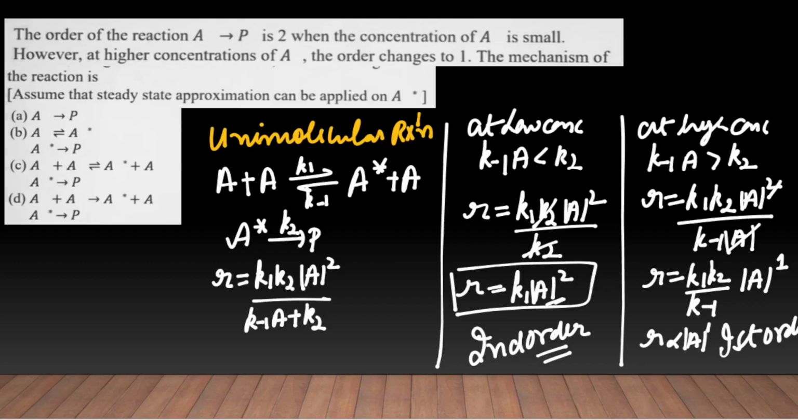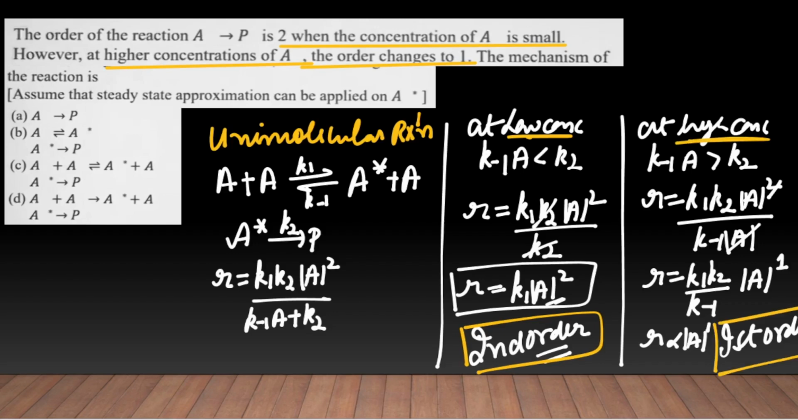So this is the mechanism. From the statement also you see it is second order when the concentration is small, and at the higher concentration the order changes to unity. At the lower concentration it is of the second order, and at the higher concentration it is following the first order kinetics, right? So this is going to be the correct mechanism in which A plus A is in equilibrium giving A star plus A, then the A star gives the product P. Option C shows this mechanism, so C will be the right answer in this case. Okay,